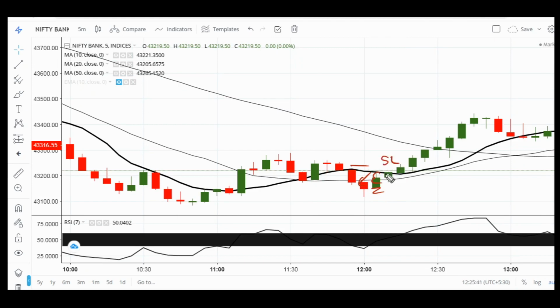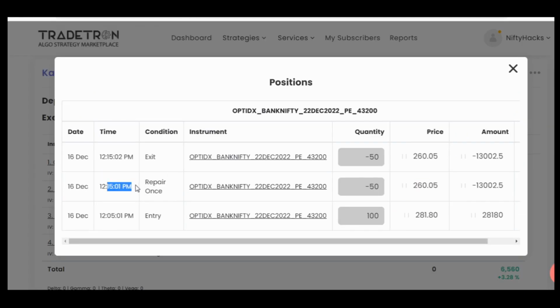Here should be our SL, and here SL got hit. We might have exited at this level only when crossed above the SMA 10. So here might be our exit. Let's see. So yes, at 12:15 we have exited, and as soon as our SMA